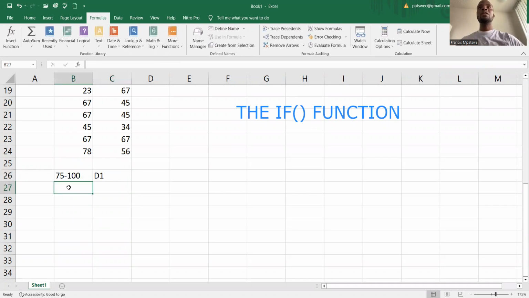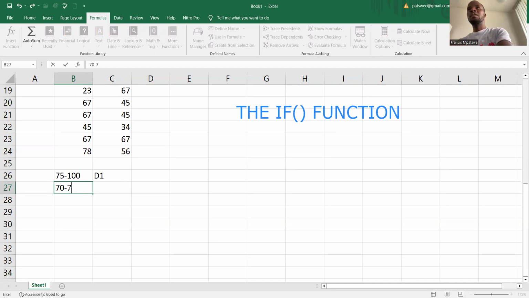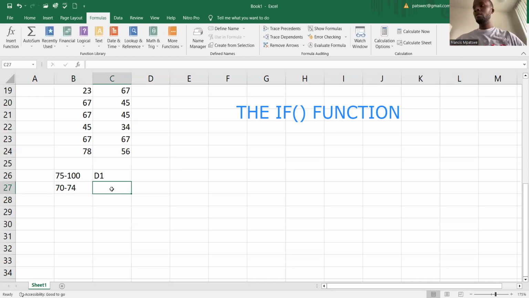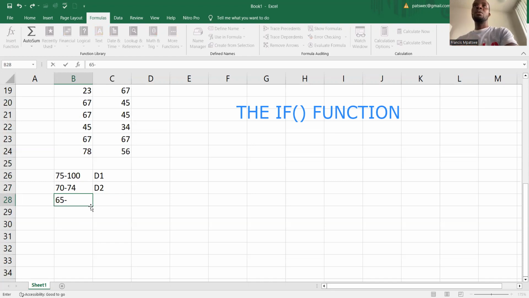And then from 70 to 74, I'll give the person distinction 2, that's D2. Then from 65 to 69,